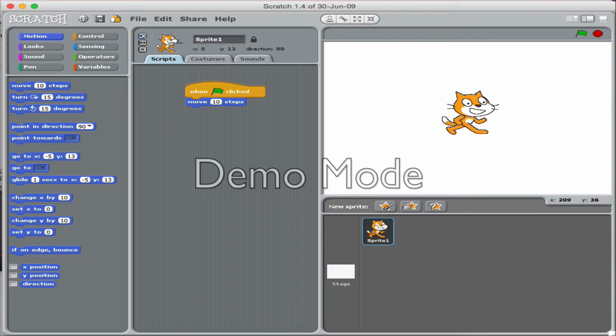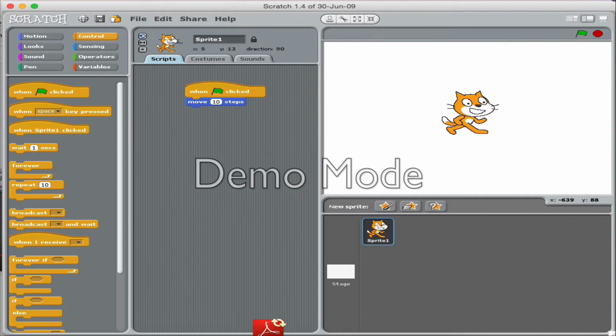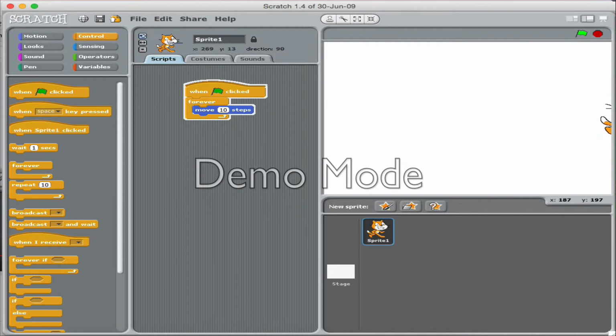But we want it to continuously walk and then flip direction and go the opposite way. So in order to do that, we need some type of loop. So here we'll go get the forever. So we'll drag the forever in and let's see what that does. So when we click the green flag, as we can see, it does move the sprite continuously, but it runs